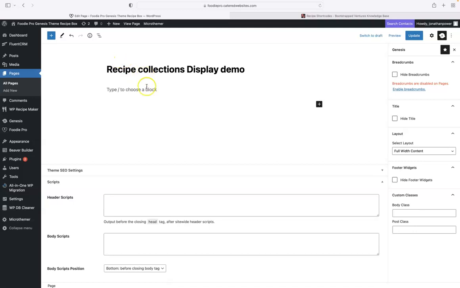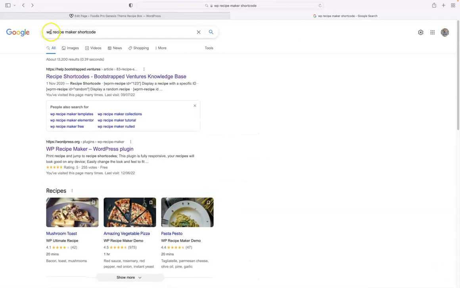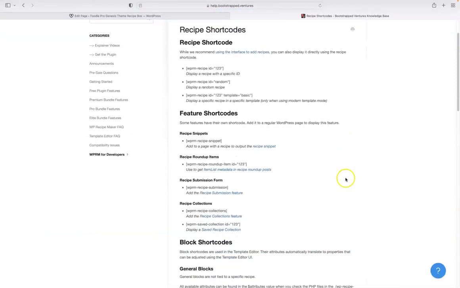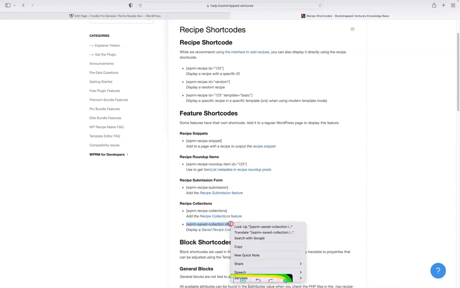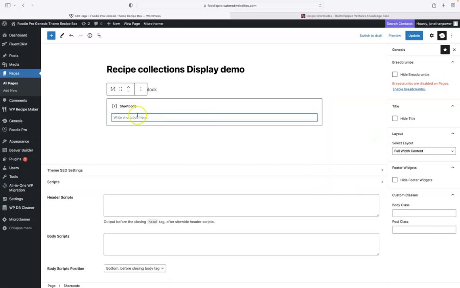And so what we want to do is go over to Google and search for WP Recipe Maker shortcode, and it'll bring you to the support documentation here. And we see here recipe collections is there, and we want the WPRM save collection ID with the number. It's very important that it's that one. And to display it in the page, we need to get the shortcode block and paste it in like that,